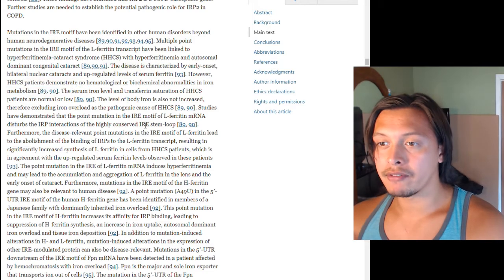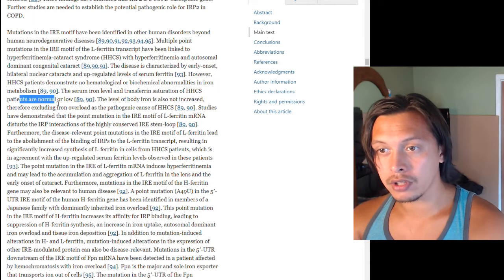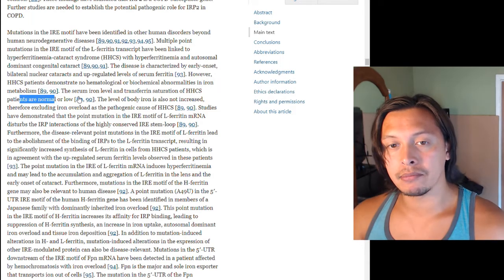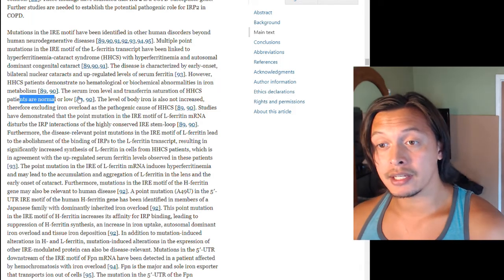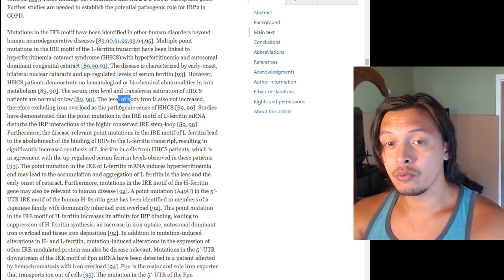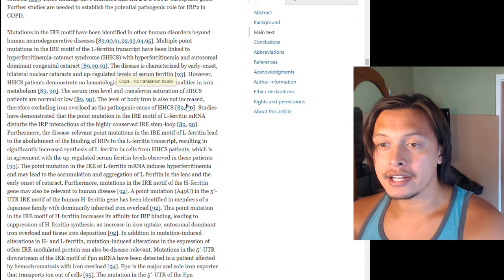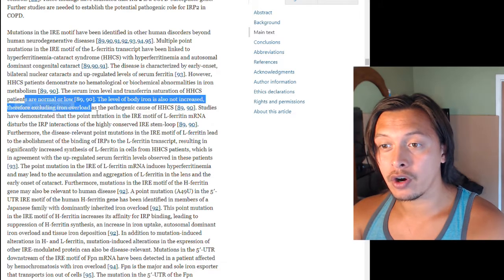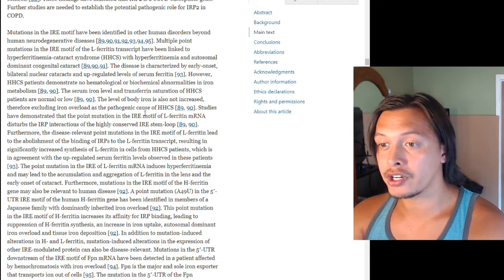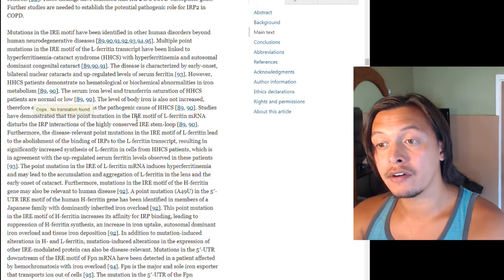Anyways, the serum iron levels and transferrin saturations of HHCH patients are normal to low. So the iron that you can see in the blood seems to be normal or low. Anyways, the level of body iron is also not increased. Therefore, excluding iron overload as a pathogenic cause of HHCH, studies have demonstrated that the point mutation of the iron